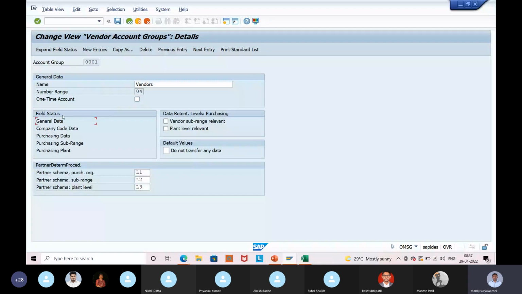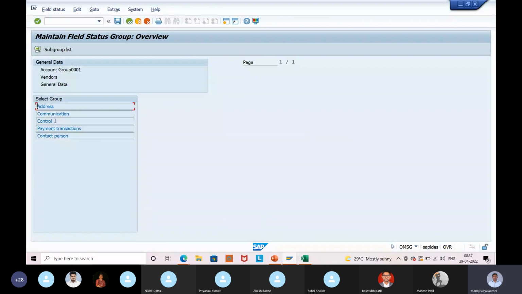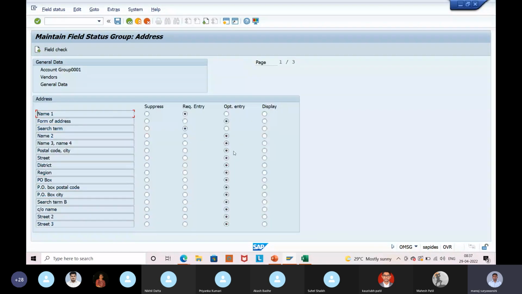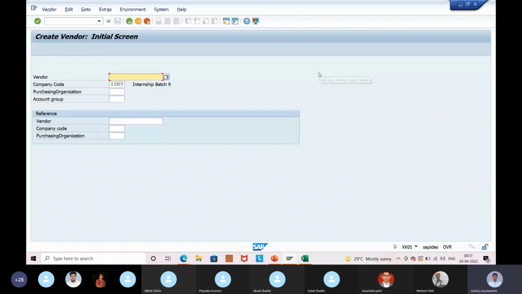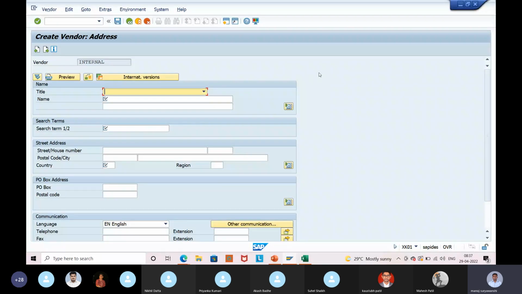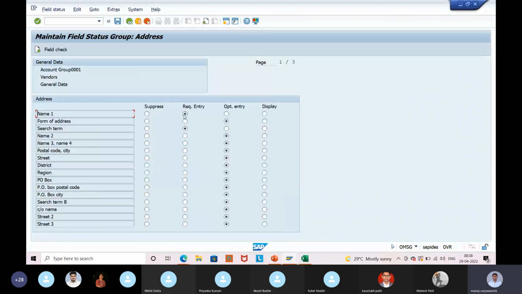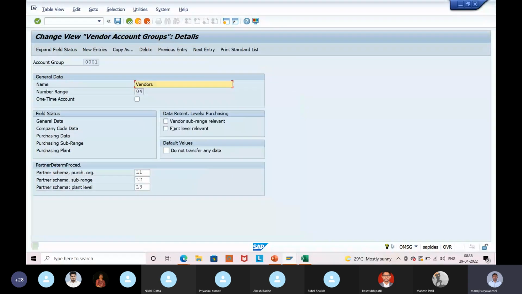Okay, now field selection for vendor master record is pretty simple. So if you come to field status here, you can go to general data and you can see the fields here, and simply you can mark this as required entry or optional entry. Okay, so if I go to XK01, and if I use account group 0001 here, name one is mandatory, search term is mandatory. Why? Because here you can see name one is mandatory, search term is mandatory. Let us make it optional, save it, continue, go back,